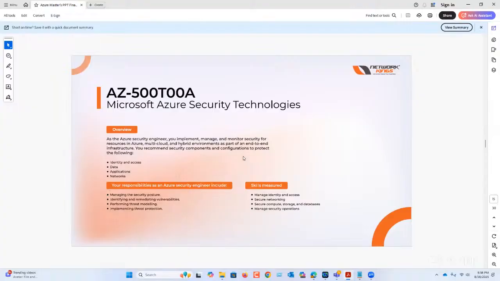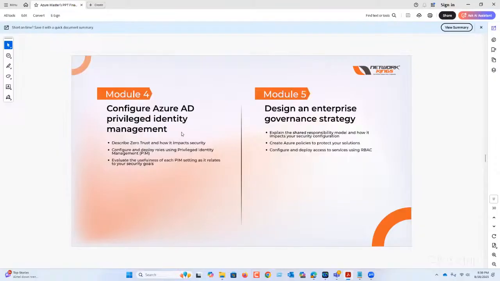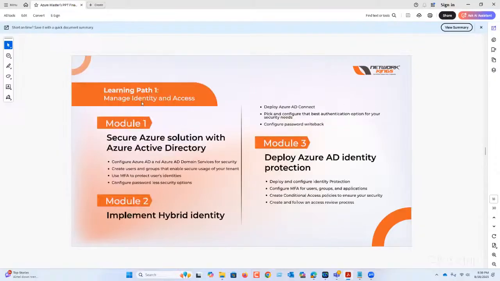cloud security. So there's a certification track in IT industry we have called CCSP. CCSP is your generic cloud, and here we are focusing totally on Azure, complete hands-on. That's a big difference between AZ500 and CCSP. CCSP is your generic. And in this, we have a couple of learning paths.